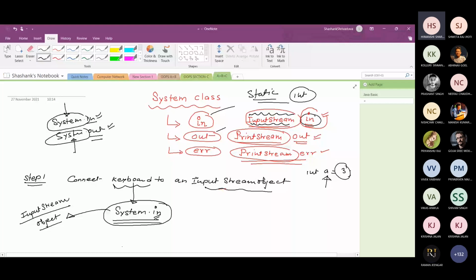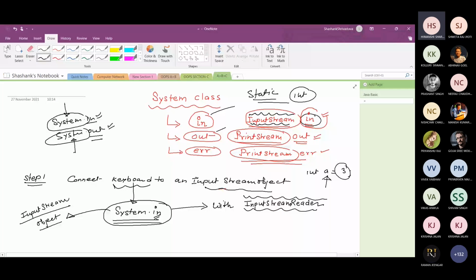Okay, now this input stream object, system.in, we just connect with the input stream reader class, with an input stream reader object actually. What is the input stream reader? Input stream reader is also a class. इनपुट स्ट्रीम रीडर इज ऑल्सो ए क्लास. तो अभी तक कितनी क्लास आप लोगों ने देखी? एक सिस्टम क्लास, इनपुट स्ट्रीम क्लास एंड इनपुट स्ट्रीम reader class.